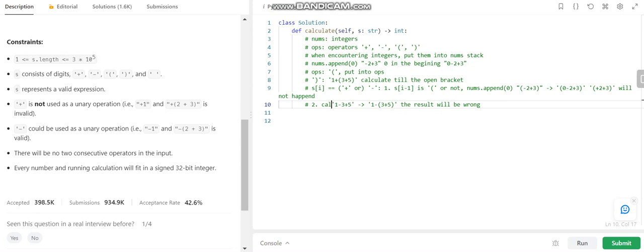So we would like to calculate elements between Si and the open bracket before adding Si into